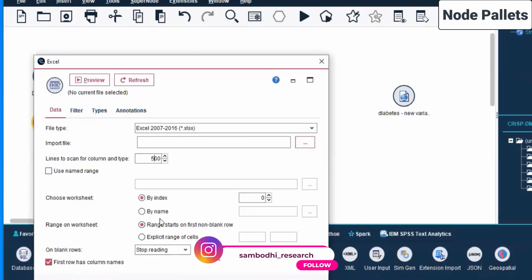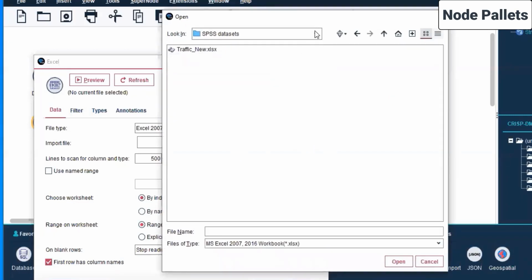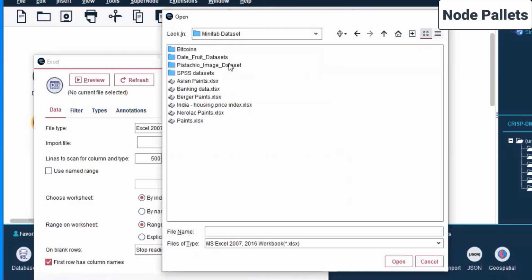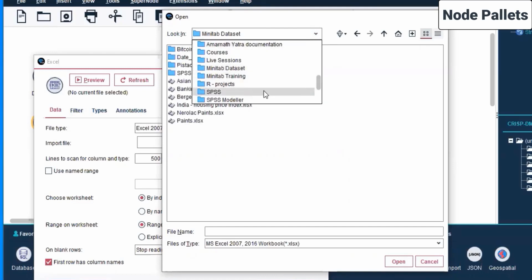Choose worksheet by index or by name. We choose it by index, and range starts from first non-blank row. So these are some of the standard settings that are there, and that's okay. And you click on this button here. Go on the data. We go on the SPSS. Oh, we don't have any data sets here, so we have to go for the normal data set that we